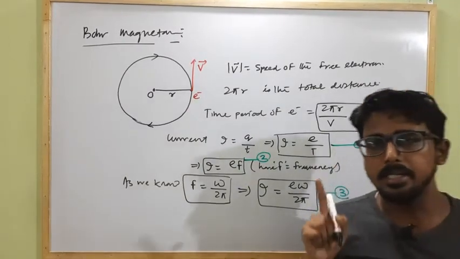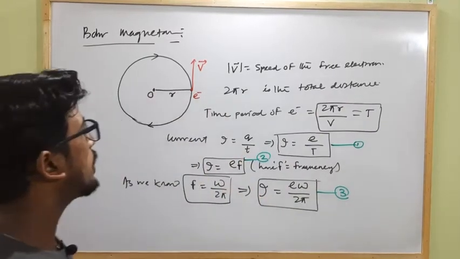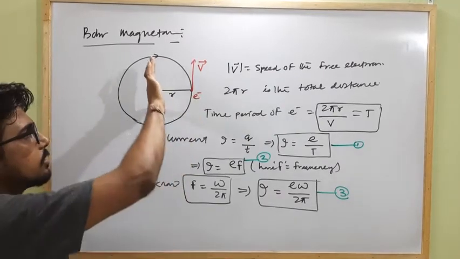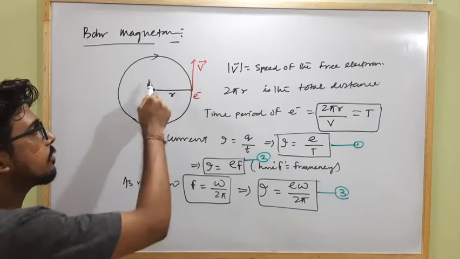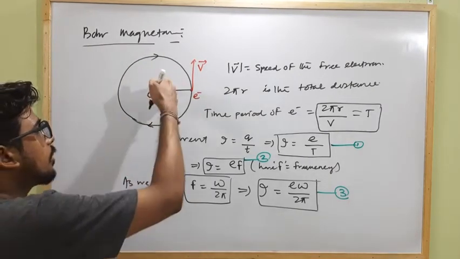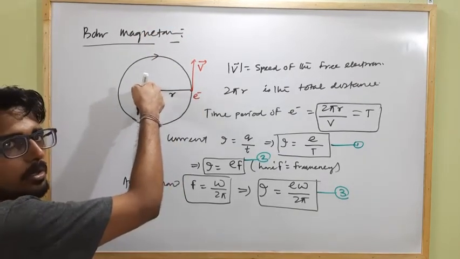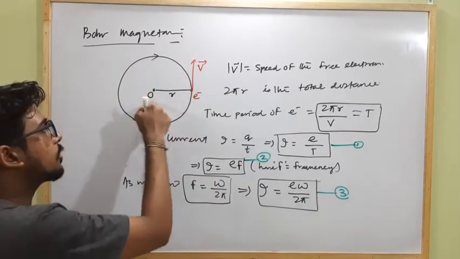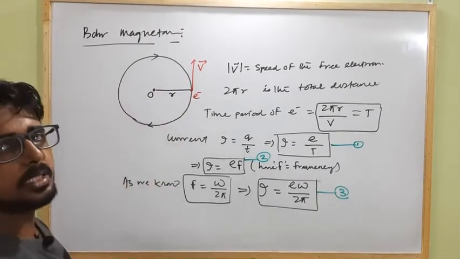Clear? So as we already discussed, a circular current carrying coil behaves as a magnetic dipole. The south pole and north pole of the dipole are obtained by the direction of current. If current is moving like this, I curl my finger along the direction of current, then the thumb shows the direction of the north pole. If current is moving like this, the magnetic field comes out from inward to outward. So the inward side will be the north pole and the outward surface will act as the south pole of the bar magnet for which the current carrying loop behaves as a dipole.